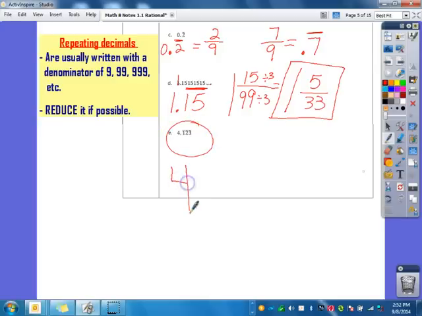And now we have this one. 4 and 123 thousandths repeating. 123 thousandths, but it's repeating, so it's not over 1,000. It's not over just 9, and it's not 99 like up here. Now it's 999. Can we simplify that again? Yes. 3, 2, 1, that's 6. So divide it again by 3. What will we have? 3 goes into here,